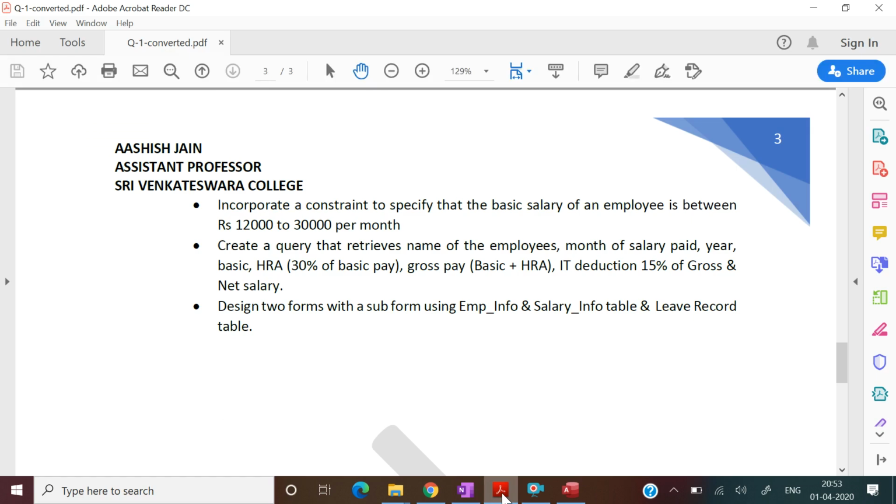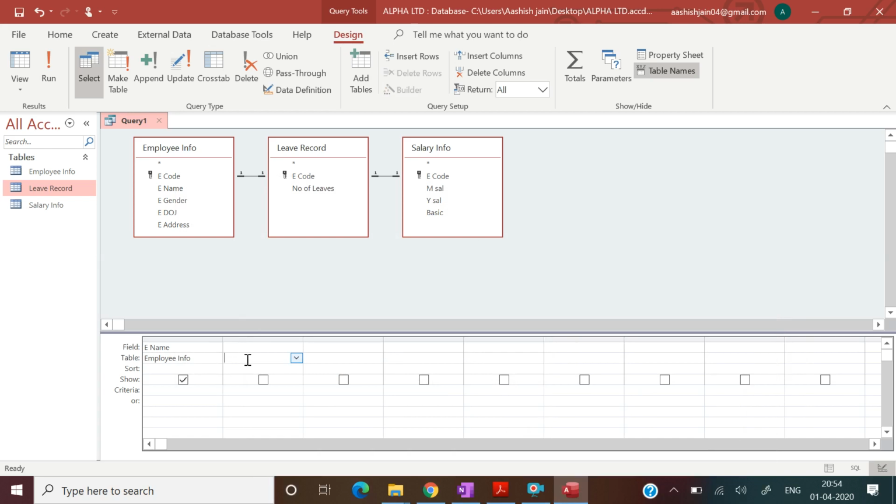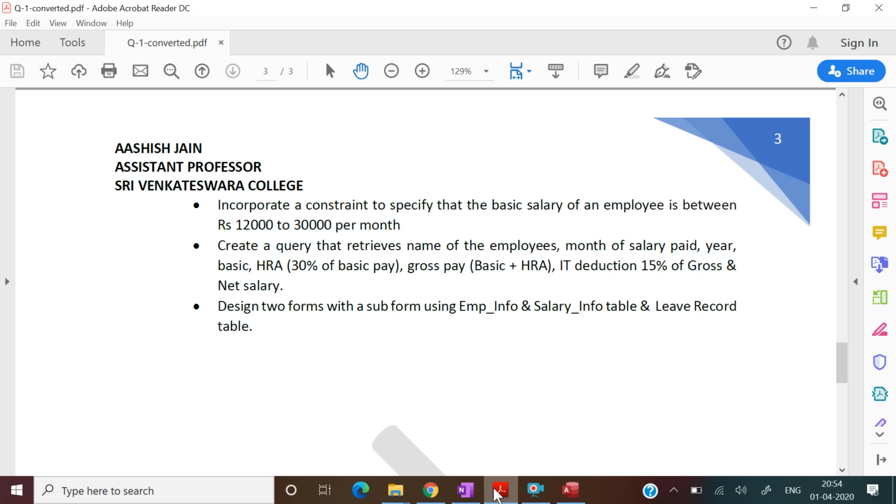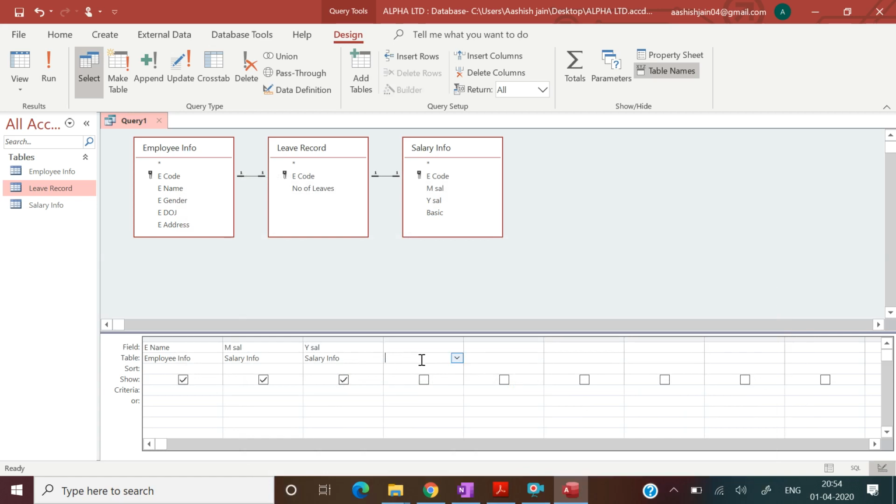Then we need to find a month and year, which we will get in salary information, month, year, and then we need basic, again in salary information, basic.